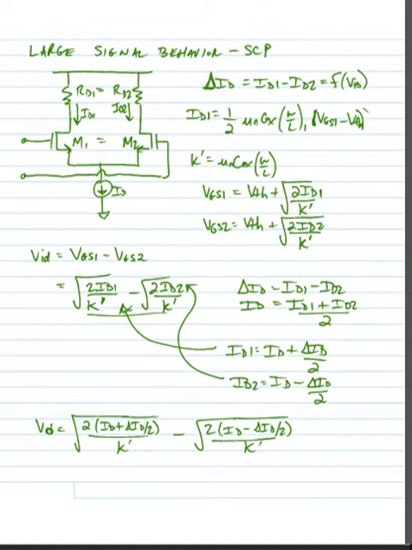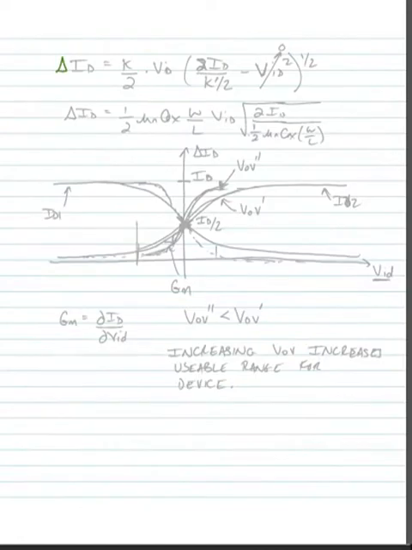Now what we want to do is solve for the delta ID term in terms of VID, and if we do that we find an expression: delta ID is equal to K over 2 times VID